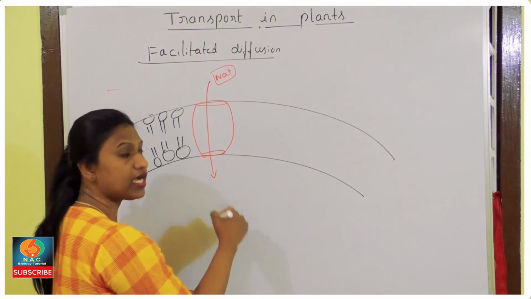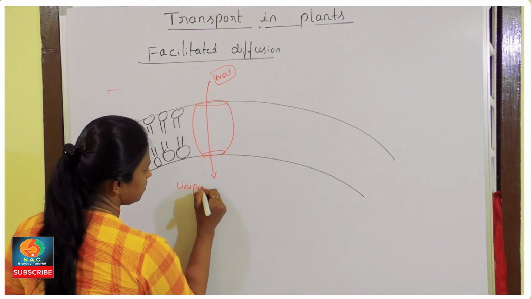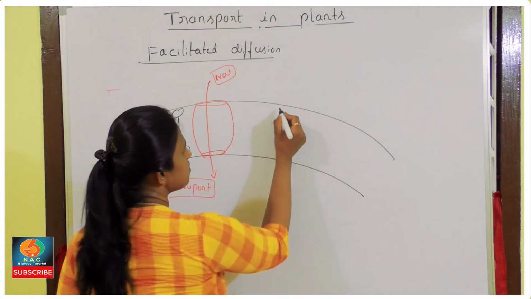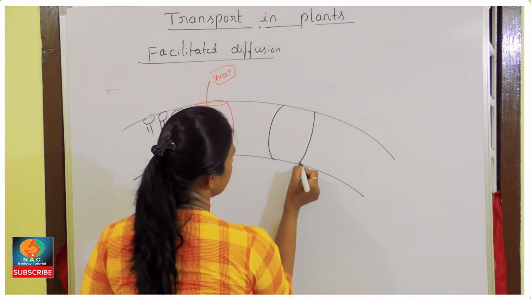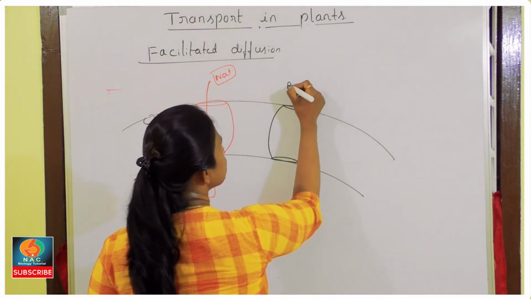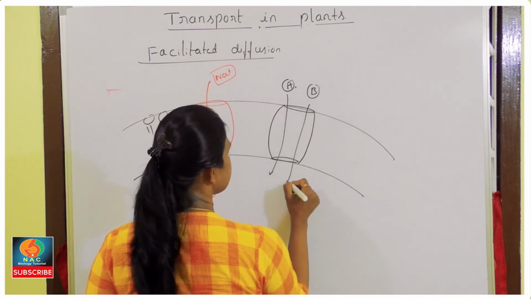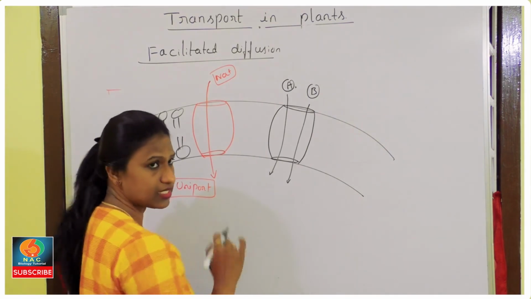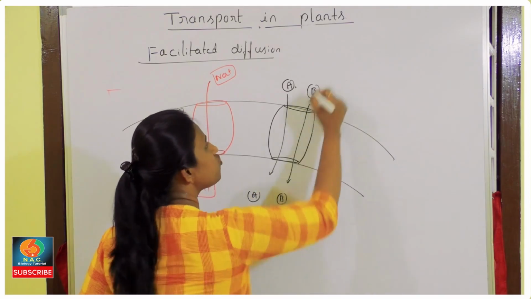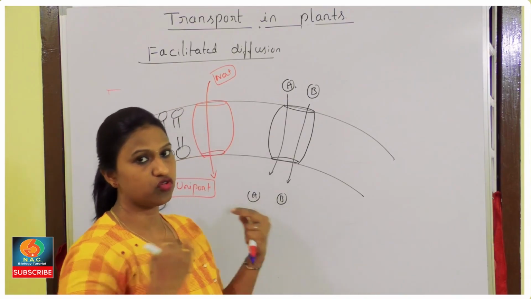He can move inside or he can go outside. Such type of movement is known as what? Uniport. We have understood the term uniport. Now there are special proteins. Say for example, one more protein is present here. This protein allows two molecules to get inside. A can come inside, B can come inside, in one direction. At the same time, if they want to go out, A and B have to move together in the same direction. Either they have to come in or they have to go out.